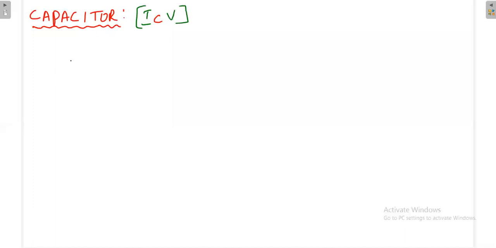Now I have the AC signal V bar, directly connected to the capacitor C. Whatever voltage I apply here, the same voltage will appear across this capacitor. Again, some current will flow here, that is I bar. We have to find the relationship between the applied voltage and the current supplied by the battery, whether there is any phase shift between the voltage and the current. That is what we have to see now.